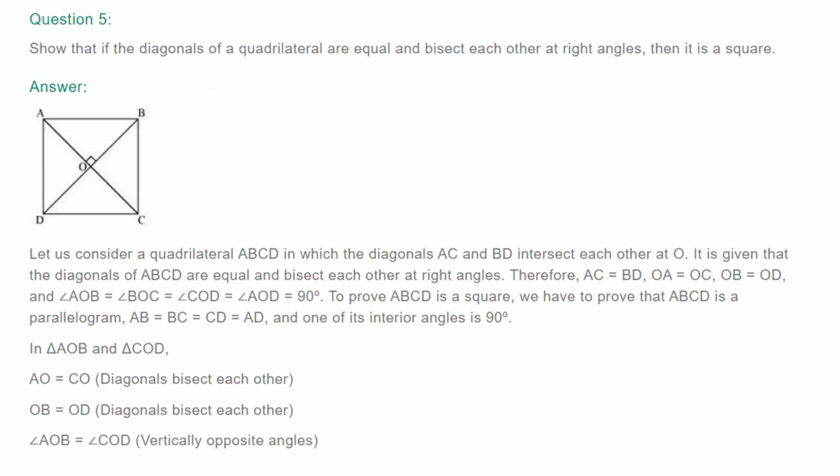Very simple. Next question. Show that if the diagonals of a quadrilateral are equal and bisect each other at right angle, then it is a square. Okay. What you have to show? Diagonals of a quadrilateral are equal. Okay. As it is given, AC equal to DB. These are equal. And bisect each other at 90, that means AO equal to OC given and DO equal to OB. All the sides are also equal and one angle is of 90 degrees and they bisect each other at 90 degrees. Then you have to prove it as a square.